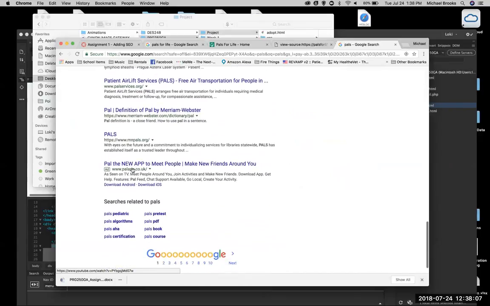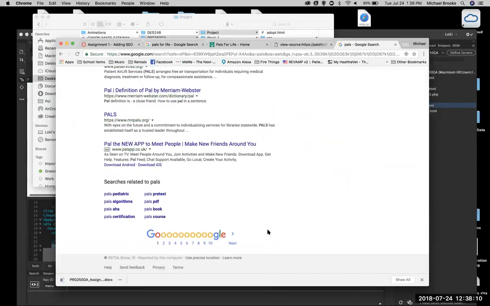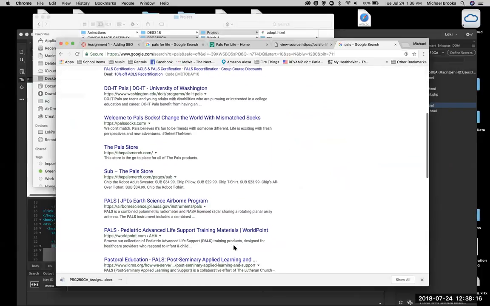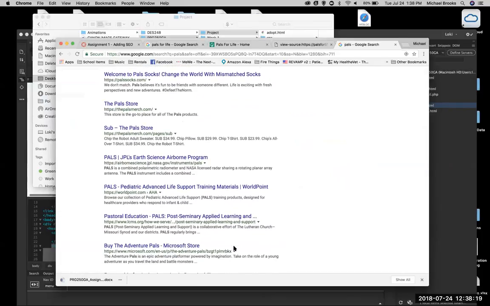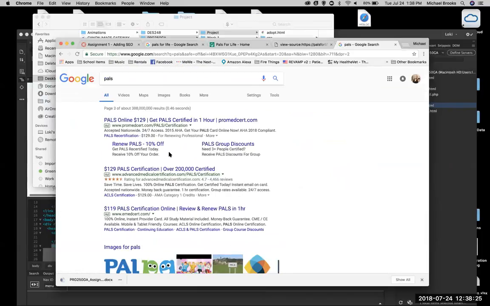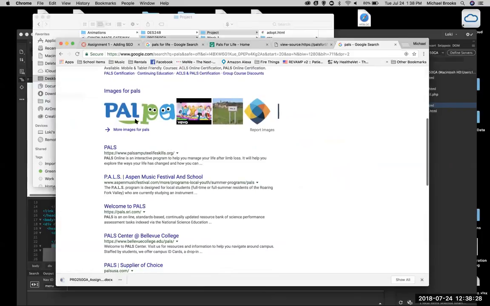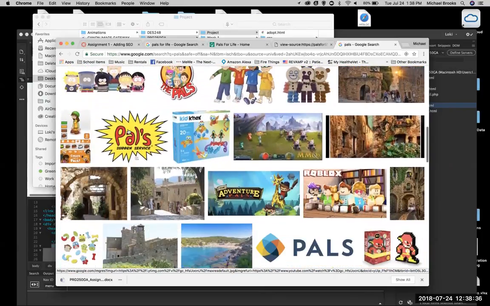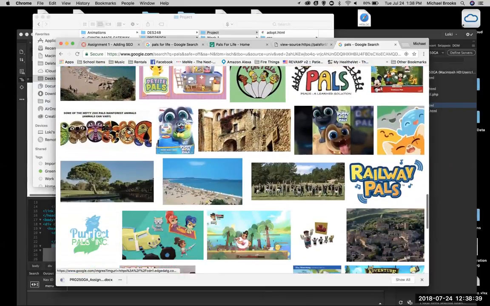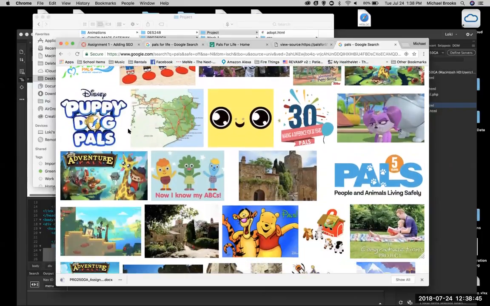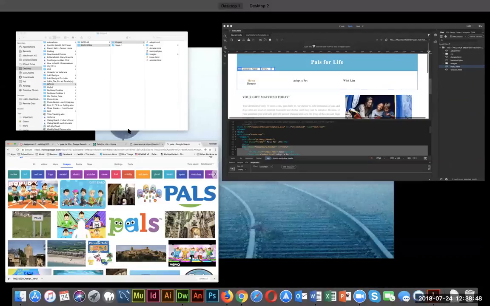But we notice, we come down here, Pals for Life is nowhere on that first page. How about the second? We look down here, still no. It is going to go through, and it's still not even here. Let's look at the images for Pals. Notice it is not in the top searches. Is that a bad thing? No,